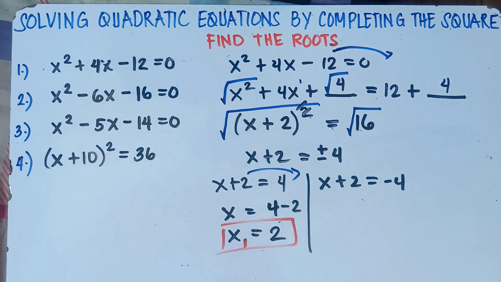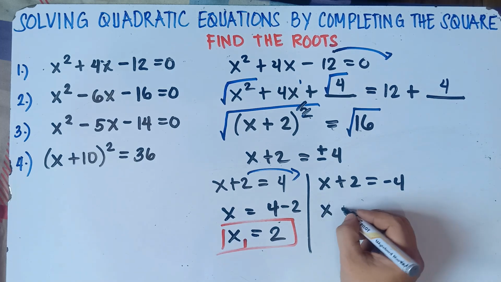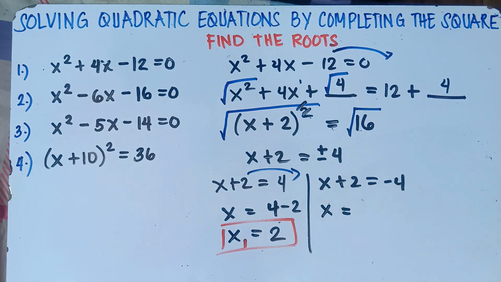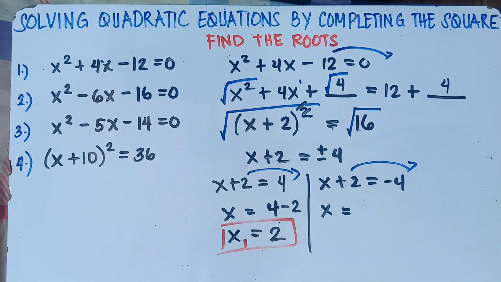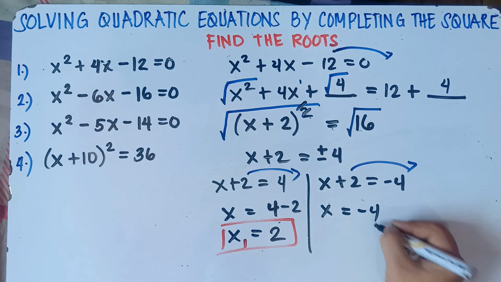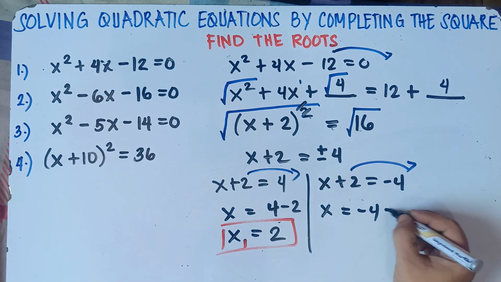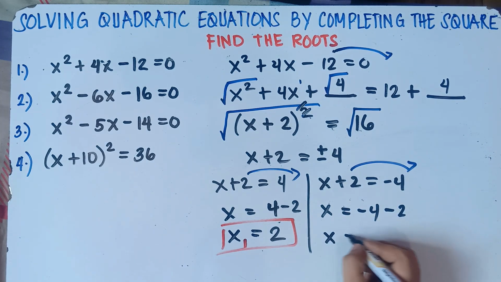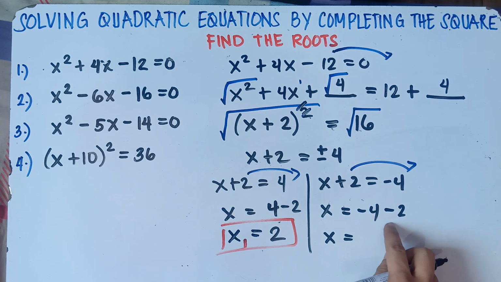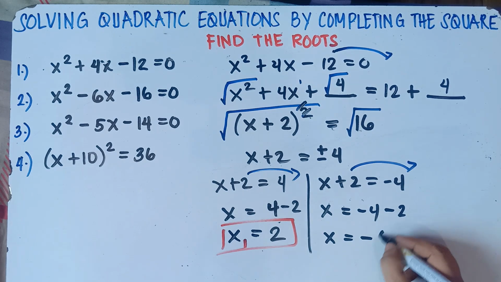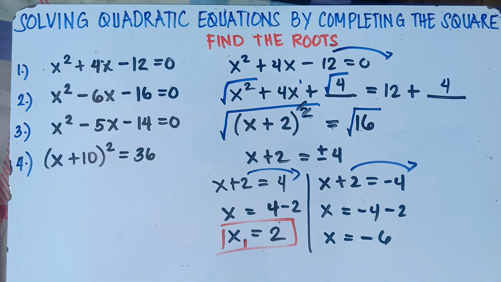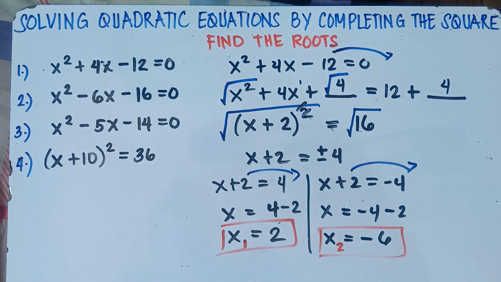Positive 2, and the other one, x equals, this is positive 2, we transpose this one. Once we transfer from this equal sign, you change the sign. Copy negative 4. This is positive 2, it will be negative 2. So our x equals, once again, if you both have negative, simply copy the negative sign, then you add the numbers, 4 plus 2, that's 6. That's it, class. That's the answer for our x sub 2. All set, class, for example number 1.